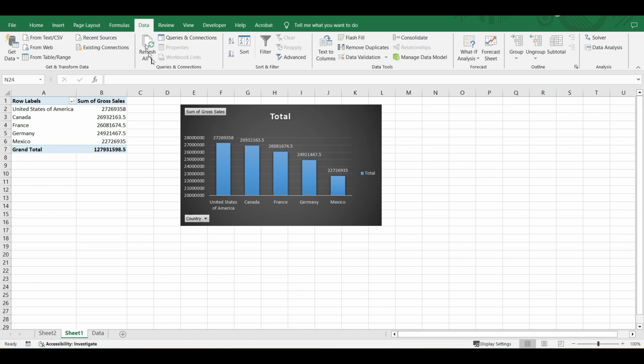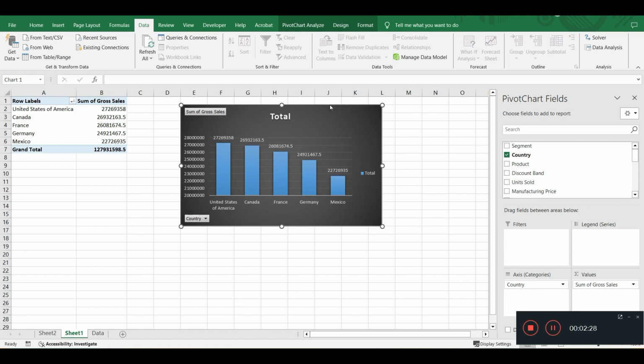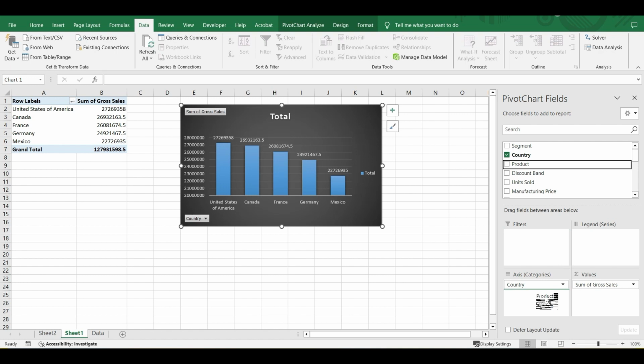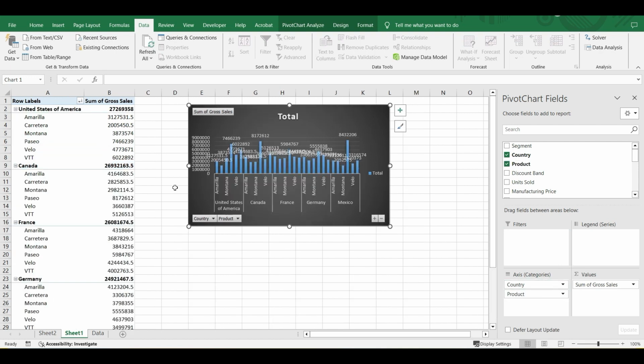Now let's make this chart more interesting. We can choose more fields. Let's say I take the product also. So now you can see the chart is showing you that in each country which product is sold by what